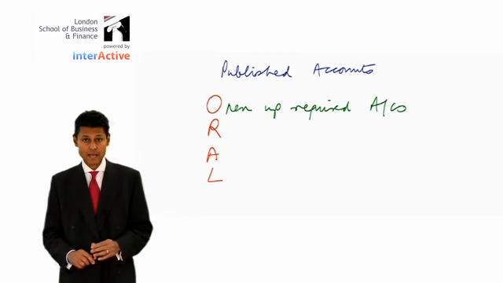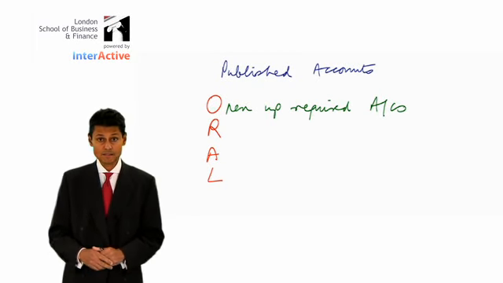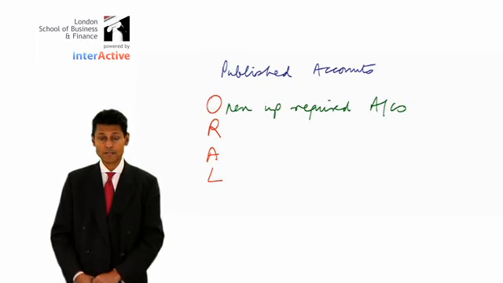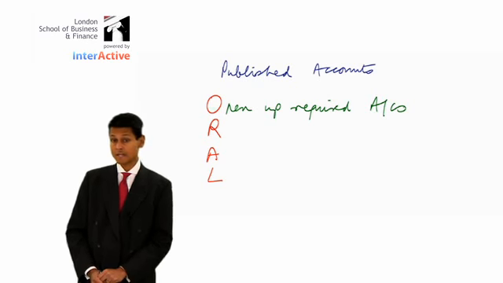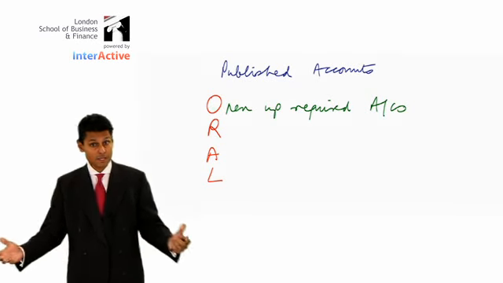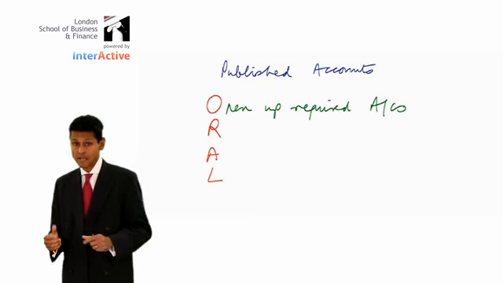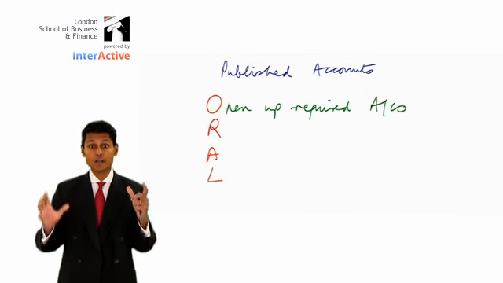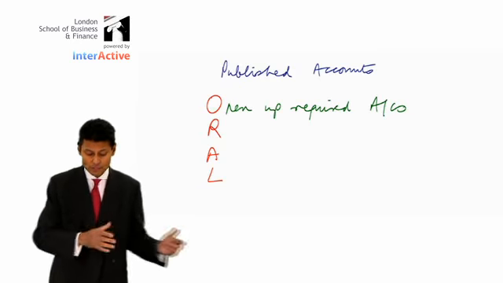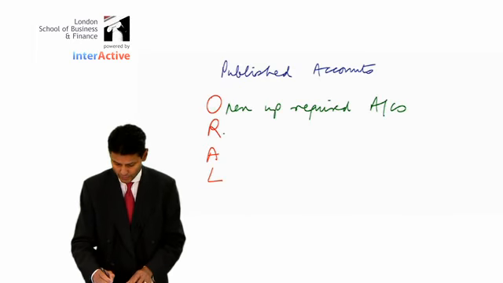So the question might say, prepare the income statement, sometimes called comprehensive income statement. That's fine. The next thing, of course, is a statement of financial position. That could be part B. And part C may say earnings per share. So once you read your requirements and you realize there's 5 marks for earnings per share, as you do your reading, which is the second point,